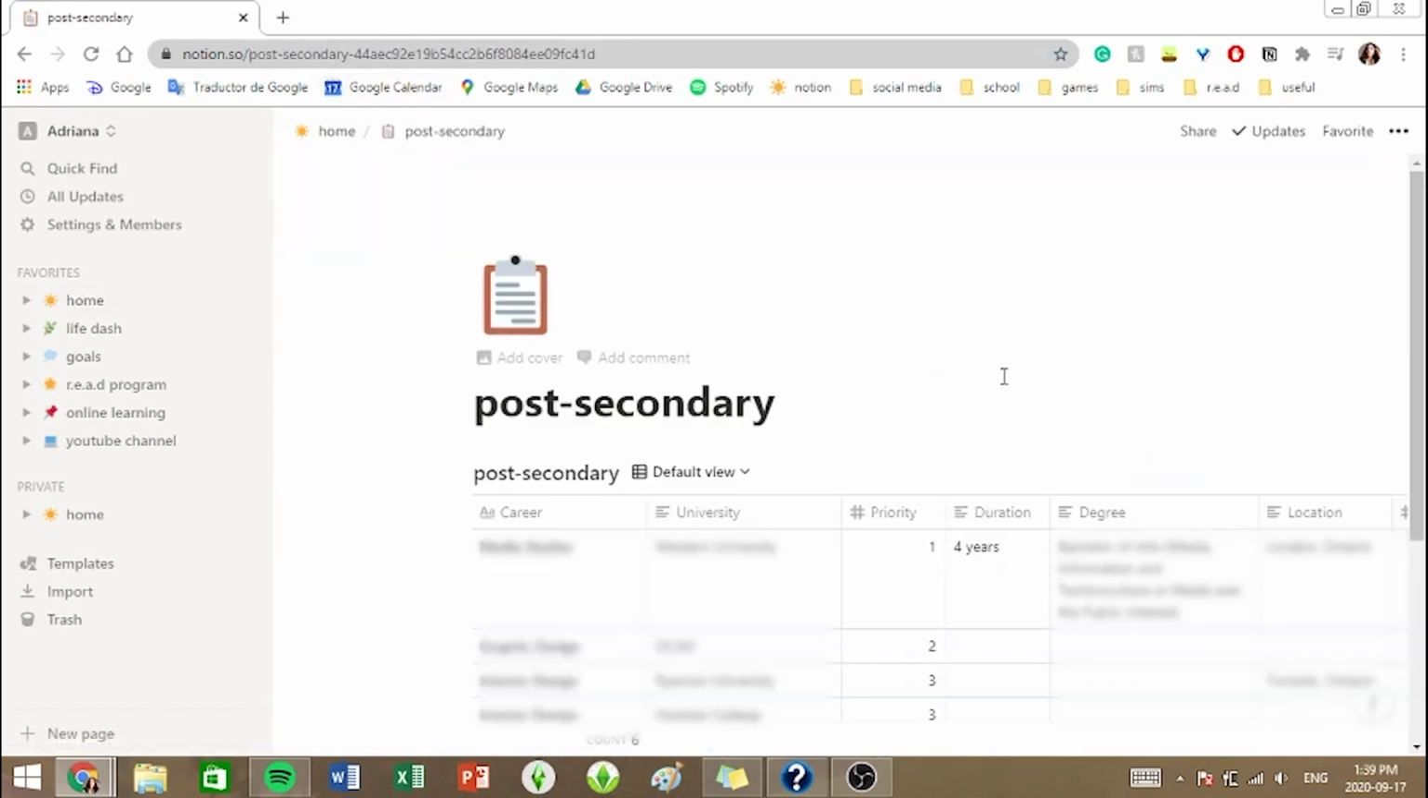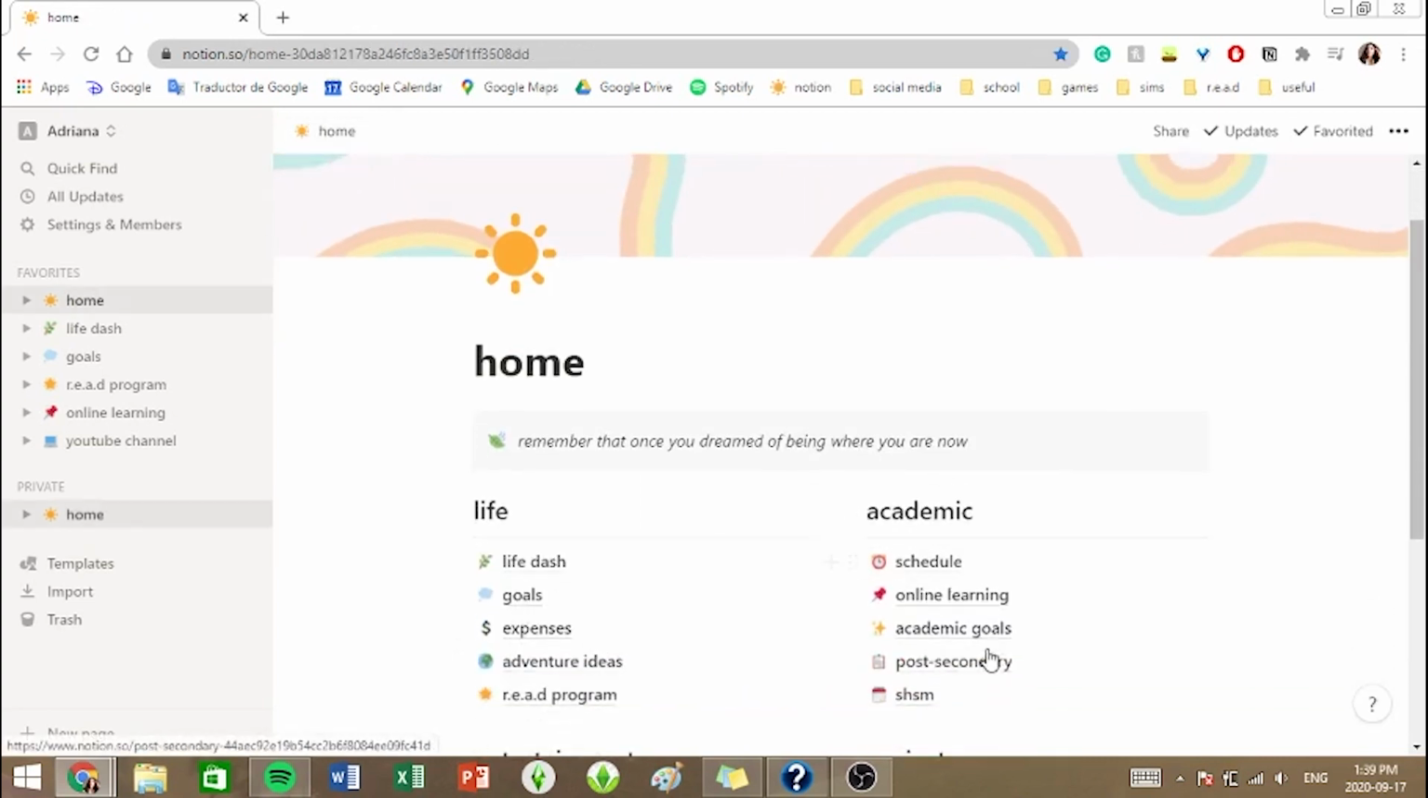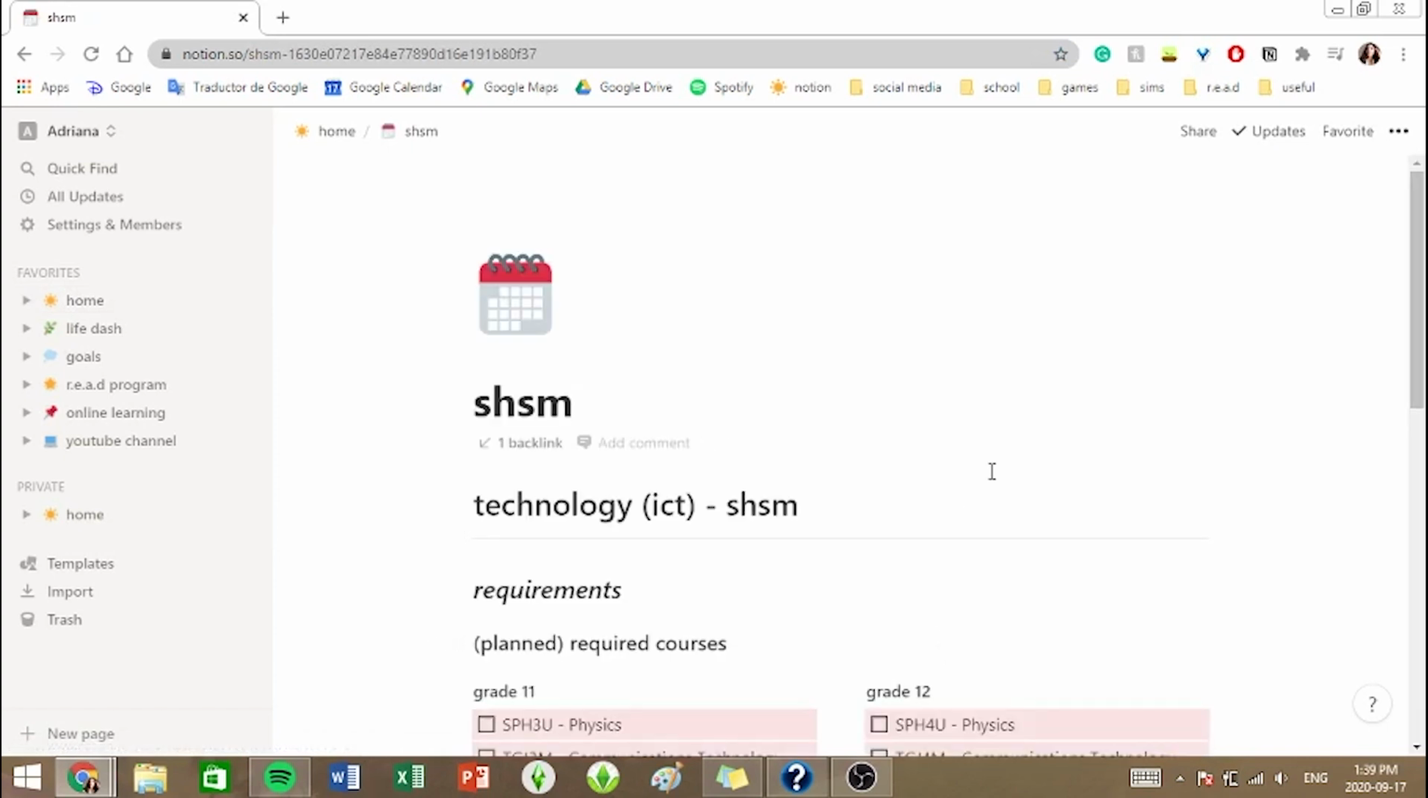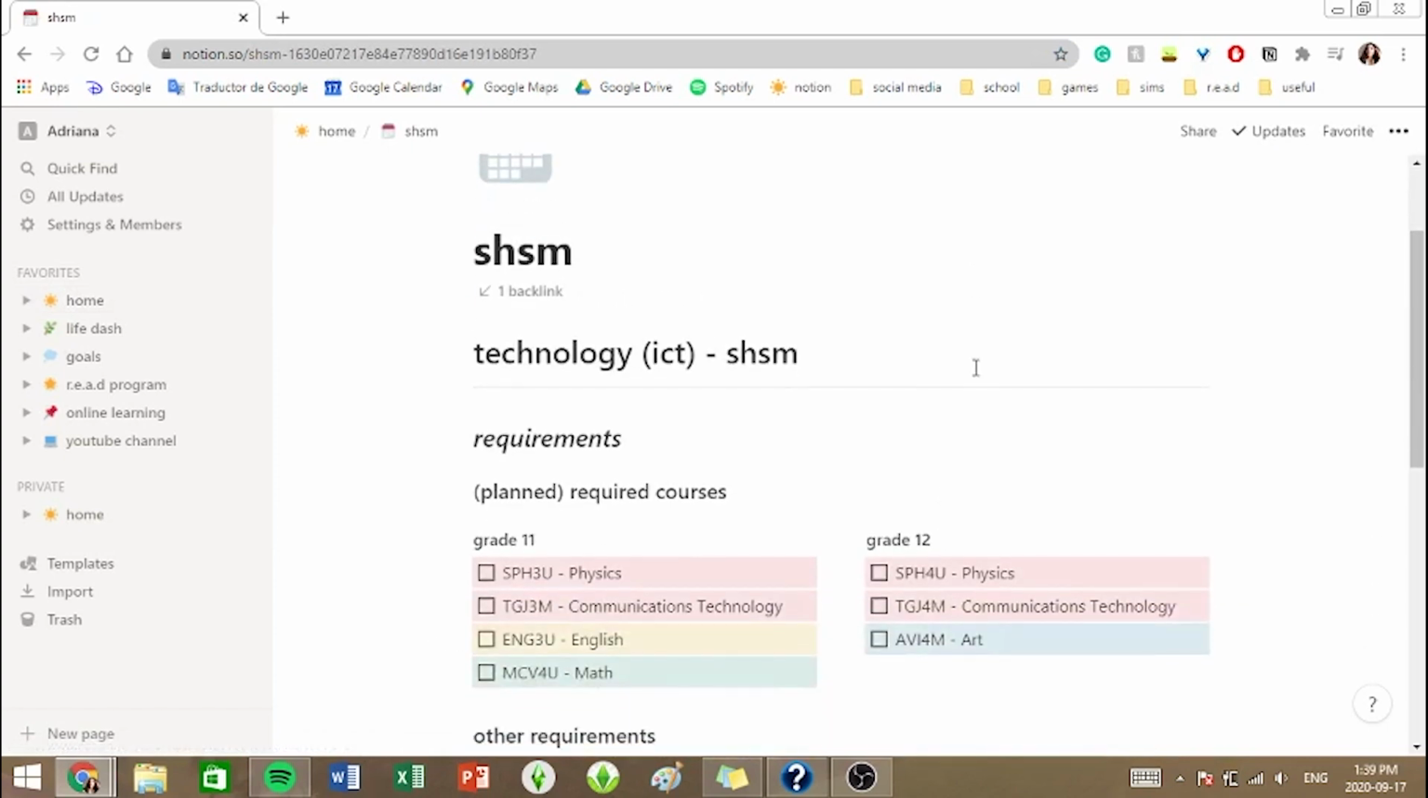Then below that I have my post-secondary options. This is where I research all my post-secondary options. I'm going into grade 11, so I want to start being ready for that, but I'm not rushed or anything. And then below that I have my SHSM page, and SHSM is a program in my school